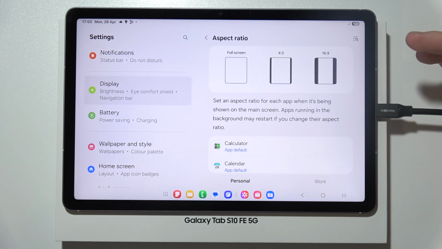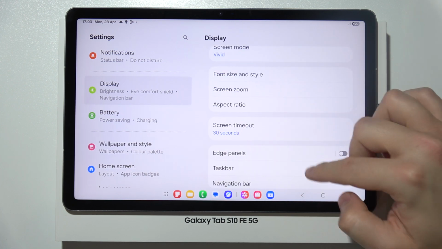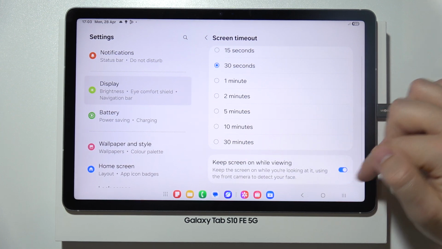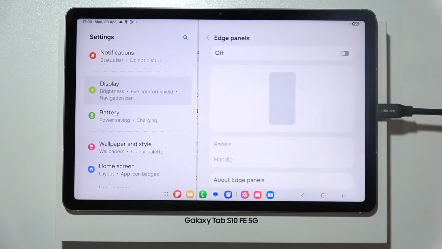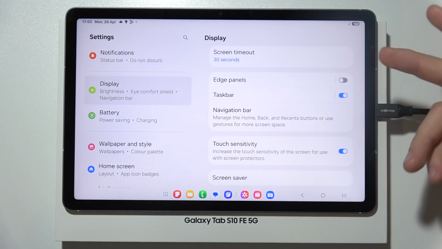And we can change aspect ratio for specific apps, just right here. In this place we can change the screen timeout and turn on screen on while viewing. There's also option to turn on and off the edge panel to get quick access into some shortcuts, apps, contacts,